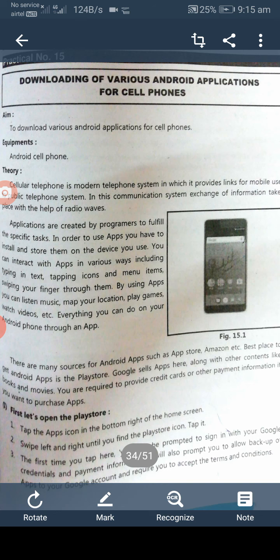Installing Android apps. Tap the install button at the top to start downloading. You will be prompted to provide certain device permissions for the installation to continue. Ongoing download. The ongoing download and installation will show an icon in the notification bar at the top of the screen. Swipe down from the top for a detailed look.